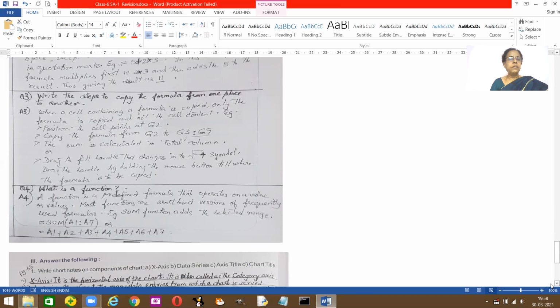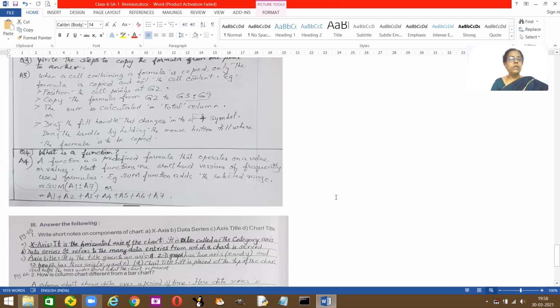What is a function? Here I told how it's a predefined formula. And here I've given one of the functions, which is called sum. Either you do this, equal to SUM of A1 to A7. You already did it, no? To calculate marks, or the next way of doing it, as I told you, if you use a plus sign, the equal to comes automatically. So A1 plus A2 plus A3. So these are the two ways. One of the functions I use, I've already told you how to do average and percentage, which you already did on the computer in the school.